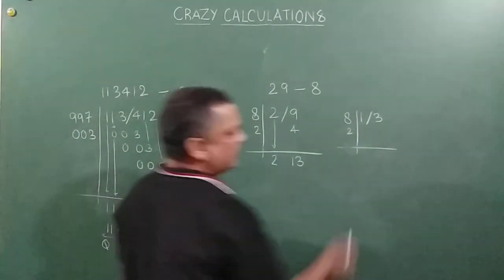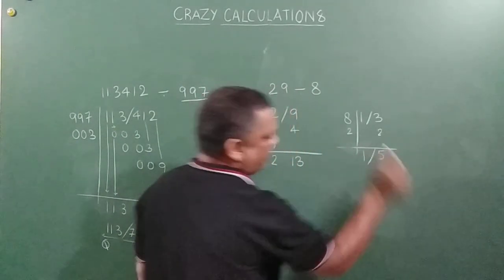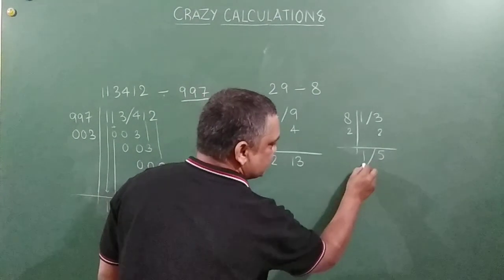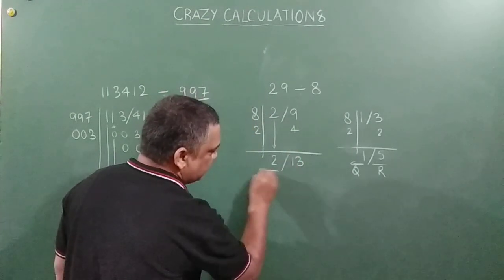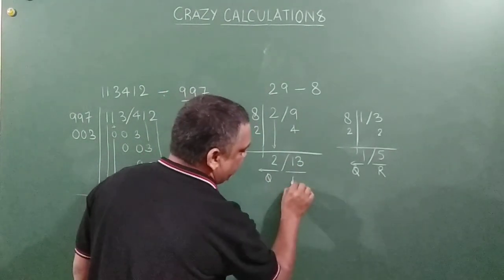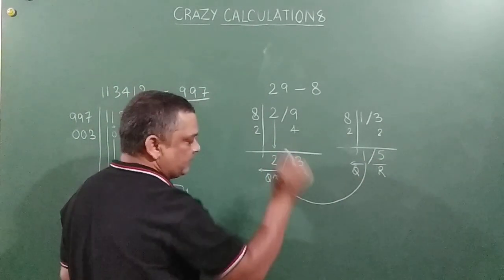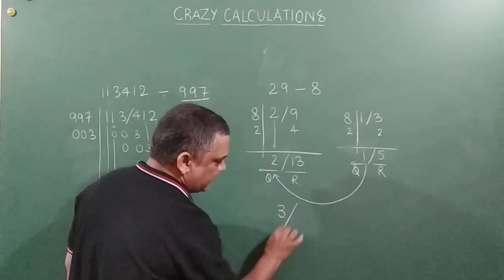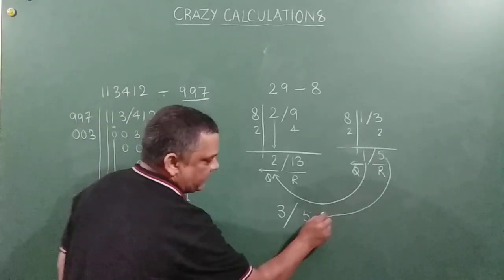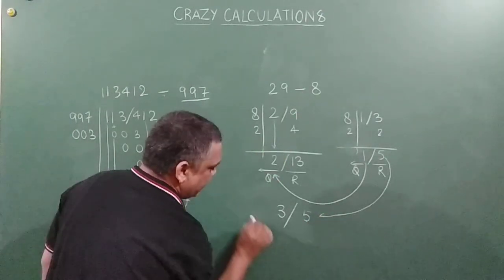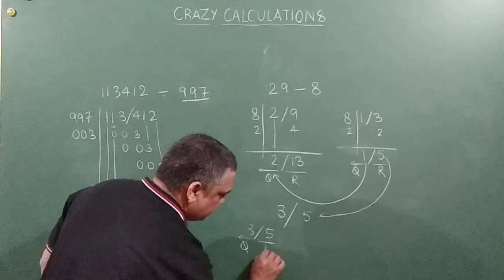This we can very well write it. Now I will bring it down 1 as it is. 1 into 2 is 2 and this is equal to 5. Correct? So you are getting it? So 1 is in the quotient place here and this is in the remainder. But here quotient is 2 and remainder is 13. Correct? So what will happen friends? This quotient and quotient will get added. Okay? And this will become 3. Right? And remainder will be this remainder, that is equal to 5. This will come here. So 29 divided by 8 basically will be 3 and 5, where 3 is the quotient and 5 is the remainder.